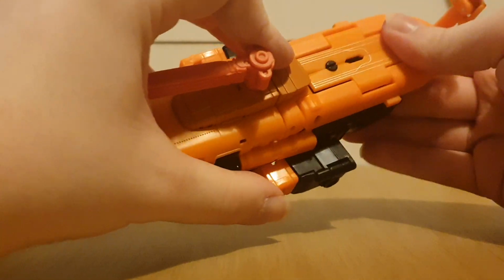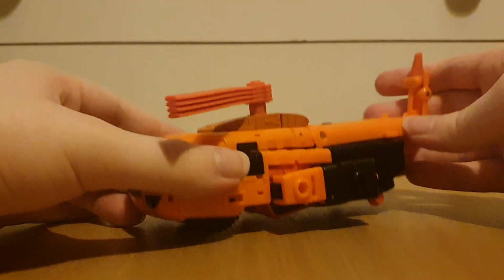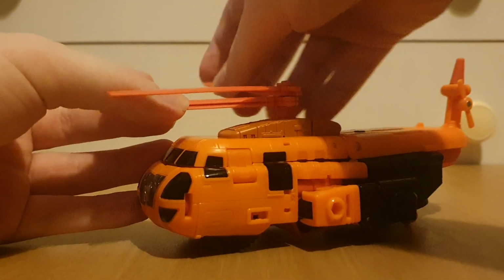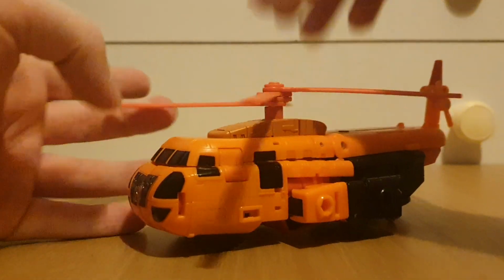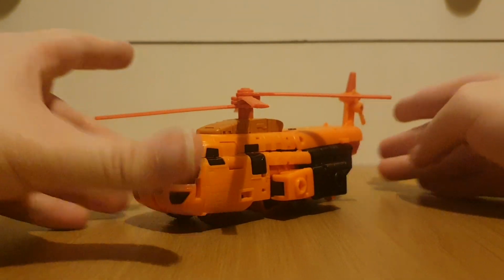Close this up. Just press this into what's going to be the feet. And then just split out the rotors. And I'm pretty sure I've definitely done that way out of order, but we got there in the end. So